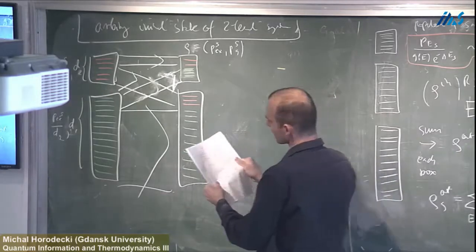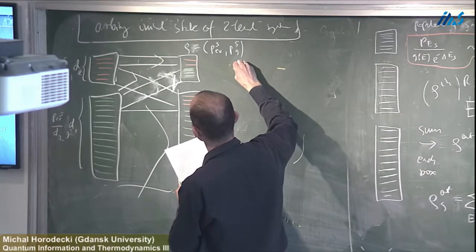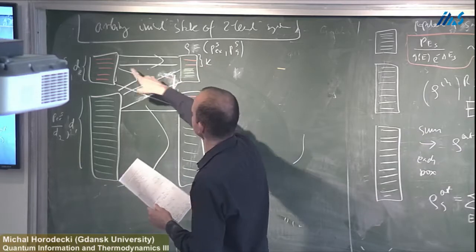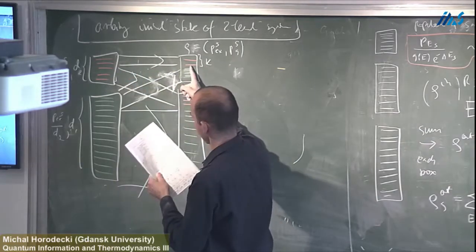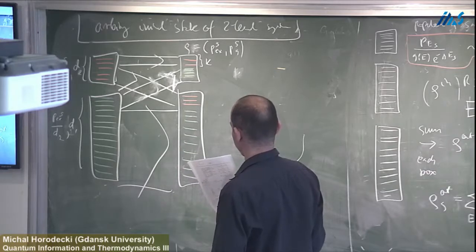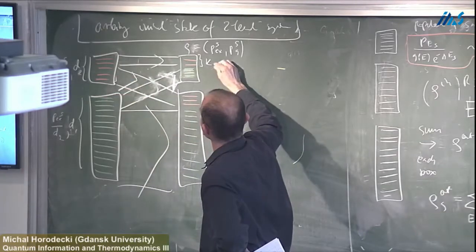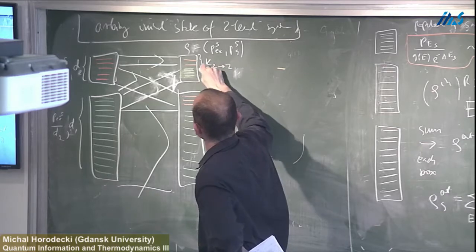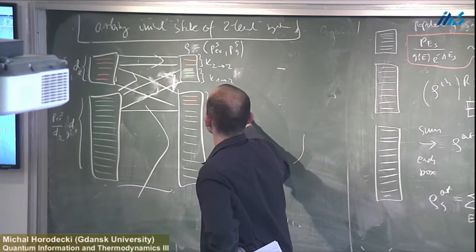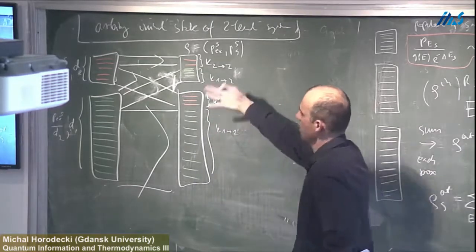So now let me just see what is happening here. Let us note that this number is some number of states, so they went from 2 and they end up in 2 also. So here we have some number k2 to 2. Here we have states started from 1 that go to 2, and then here started from 2 going to 1, and finally started from 1 going to 1, and we have some obvious